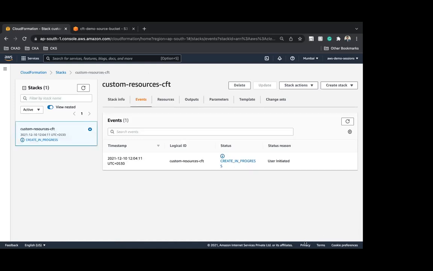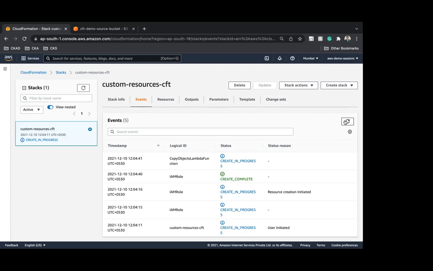One thing you will realize is the time it took to launch an EC2 instance versus the time it will take to deploy a Lambda: the Lambda stack will be faster. First of all, it has nothing to do with CloudFormation. CloudFormation is directly dependent on the resources and the properties and configuration of the resources you define. CloudFormation just helps you as a wrapper. It doesn't mean that CloudFormation is slow or fast. EC2 takes its own time to boot, come up, load the OS, and deploy. That's why it takes more time.